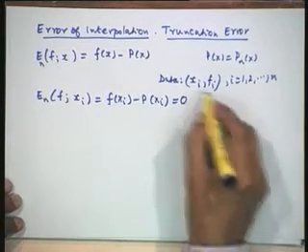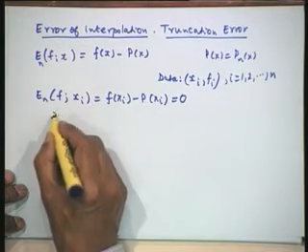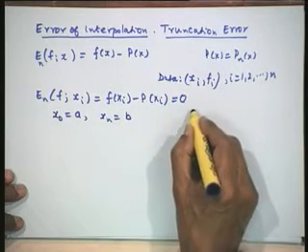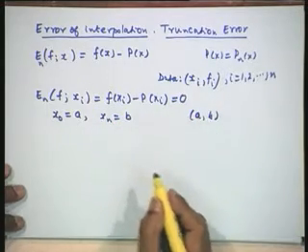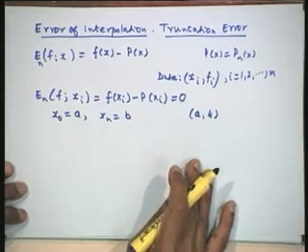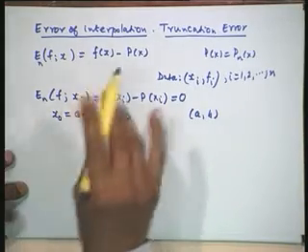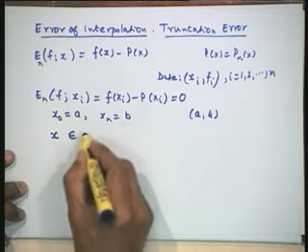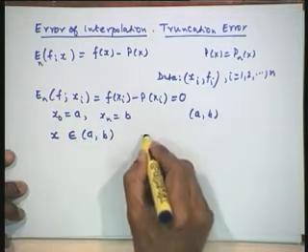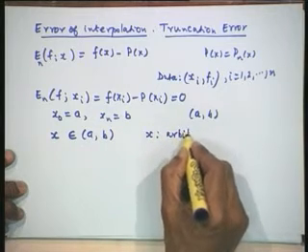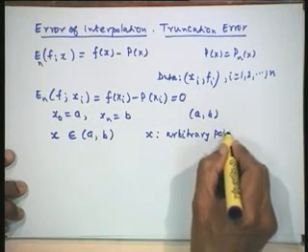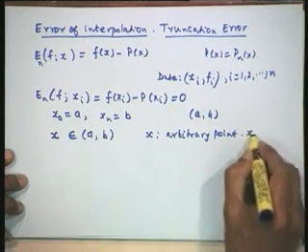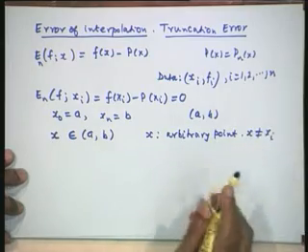Now to generalize the problem, let us denote our first point x0 as a and the last point xn as b, so that we are talking of a general interval [a, b]. Now we are interpolating at an arbitrary point in between. So let us choose x, an arbitrary point contained in this interval [a, b]. Therefore x is an arbitrary point, and therefore x is not equal to x_i.